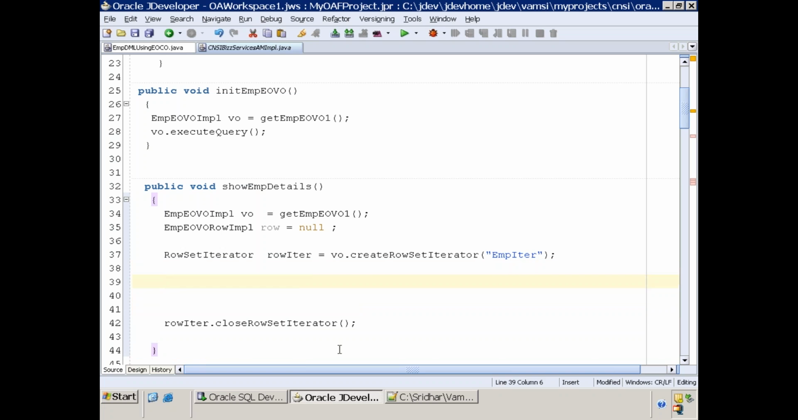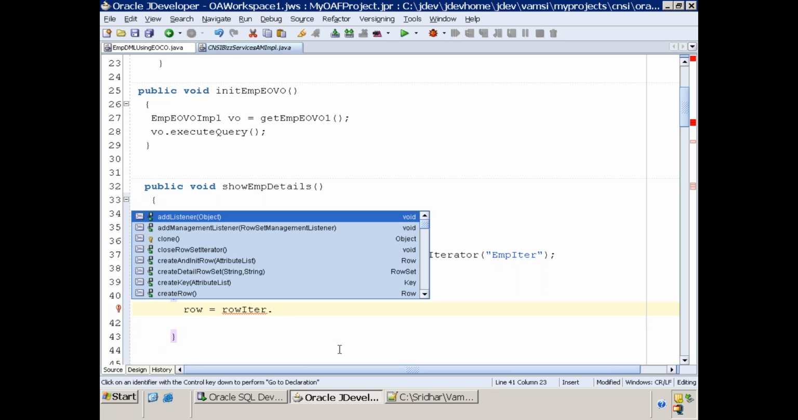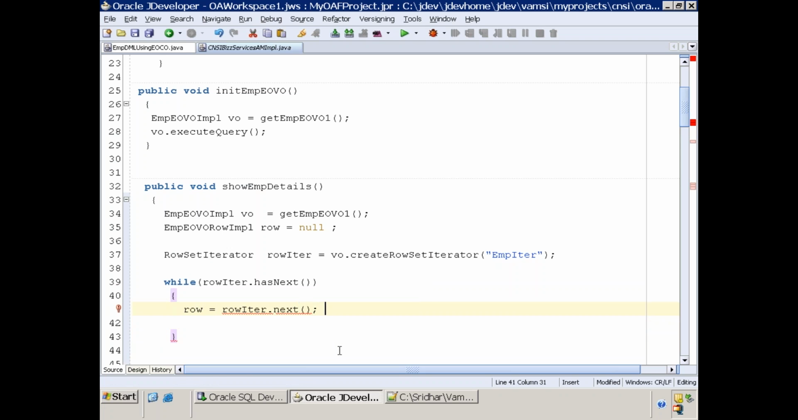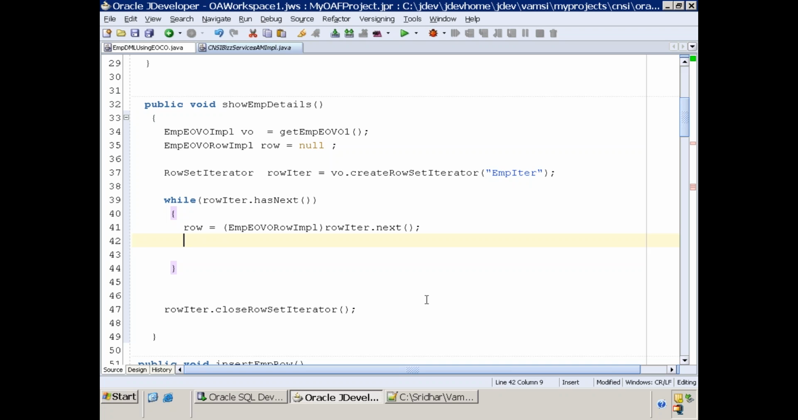Here I'll write a loop: while row iterator has next. If it is having a next row, then get into the loop. And this row iterator now will have the current row. I'll get it one by one with row iterator dot next. This will return the current row, like a fetch operation. As of now we just want to display the data, so I'll write some SOP statements. EMP number,